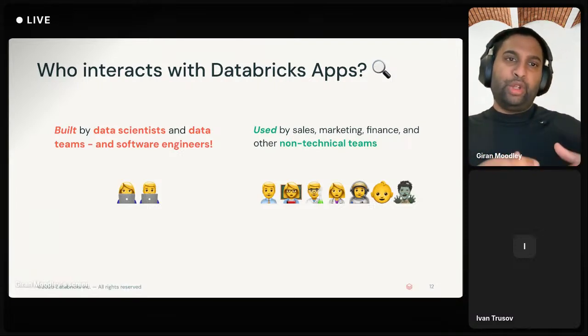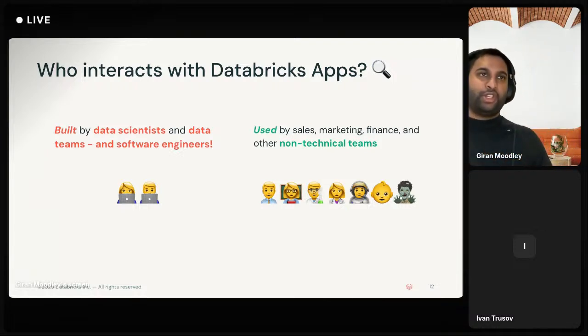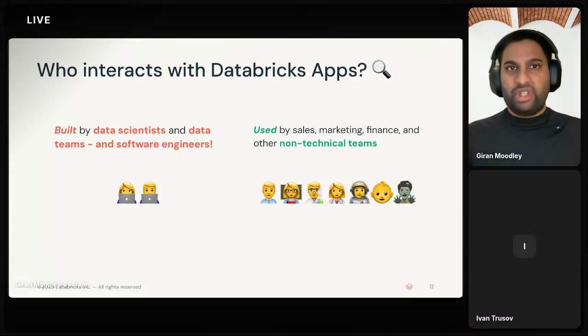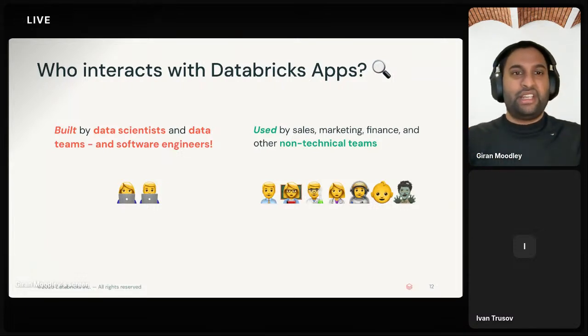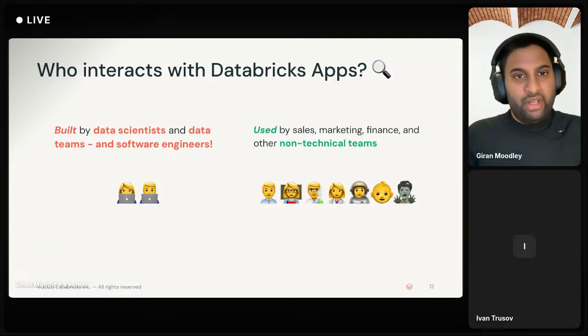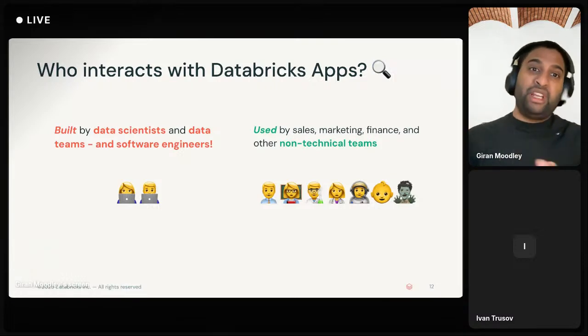And consequently, you have the builders. So these are the individuals that you see on the left-hand side. Traditionally, we start to think of the data team, so the data engineers, data scientists, and data analysts are very quickly able to build these applications with ease. But increasingly, what we have seen generally across the industry is a number of software developers shifting left.